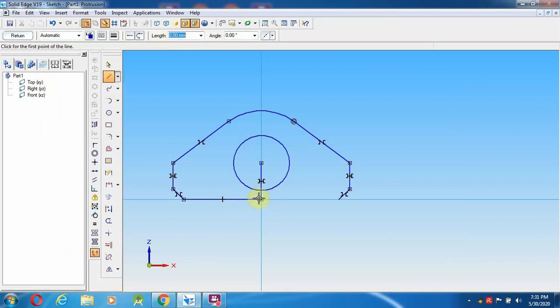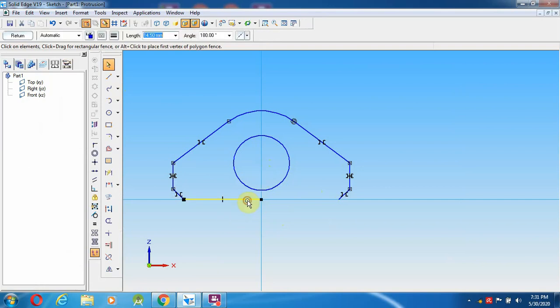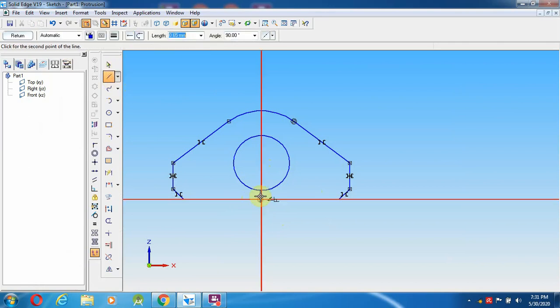Select a line from here, 1.5 mm distance, 1.5 mm towards, and I'm going to stop over here.